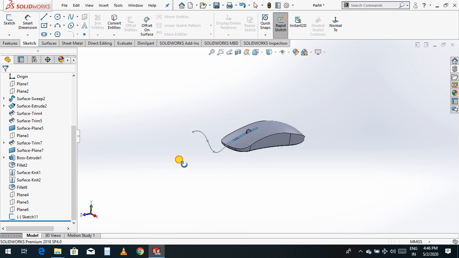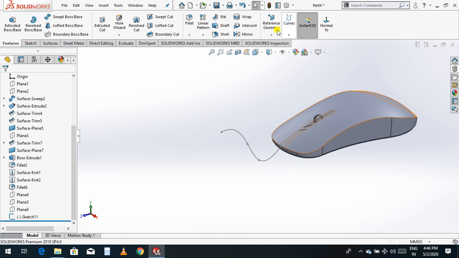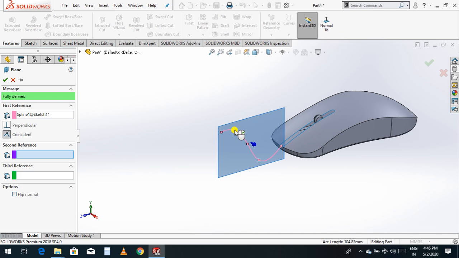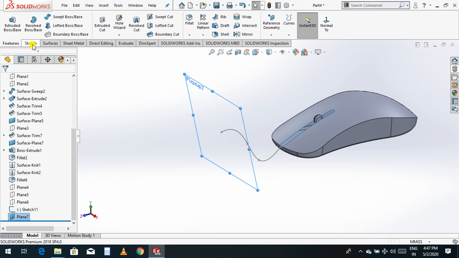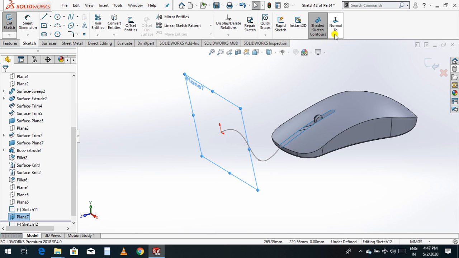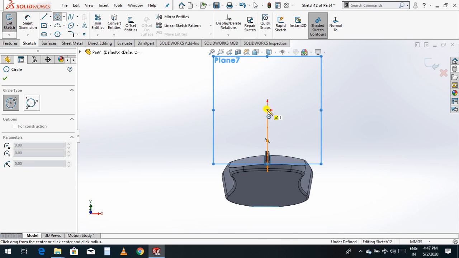Now just hide this plane. Now just rotate. Now what I have to do, again you go to feature, go to plane, select this line and select this point. Okay, go to sketch, normal, and take one circle and draw here like this.